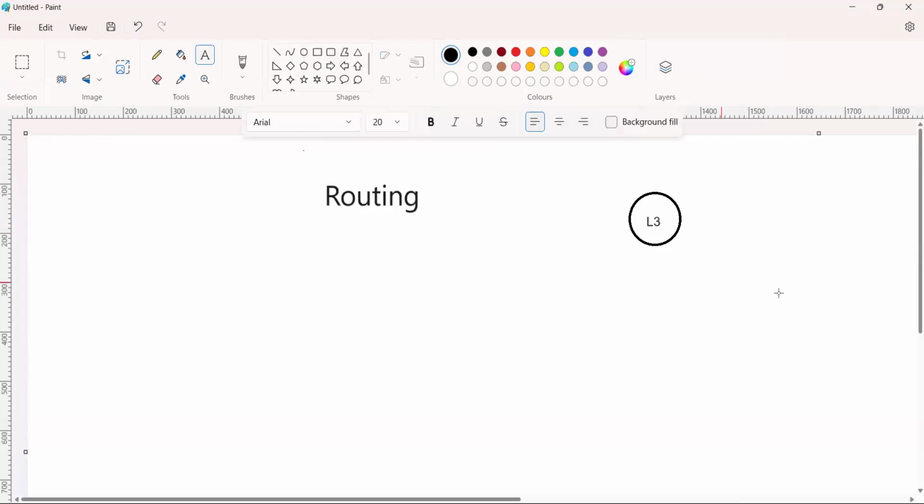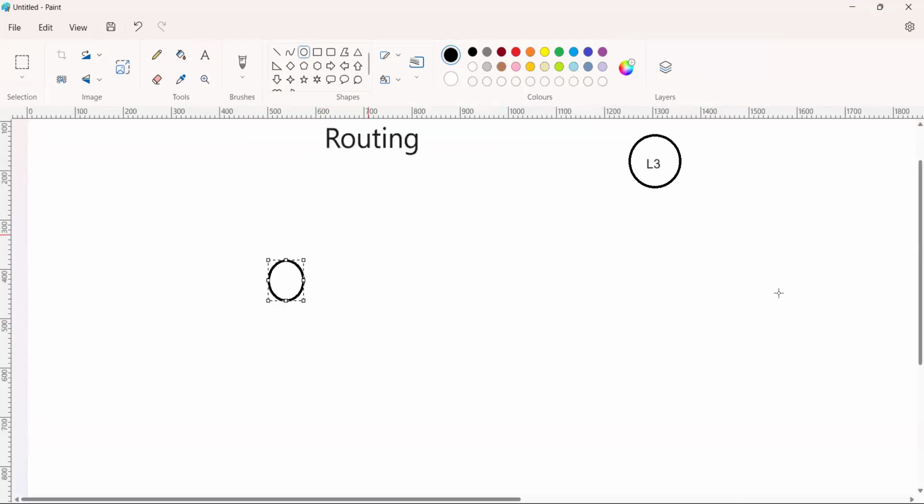Whichever router works in layer 3, in layer 3 it works on IP addresses. Apart from that, routing protocols will work. The routing protocols will elect the best path based on the routing table, and based on the path they are electing as the best, they will send the information. For example, here you have